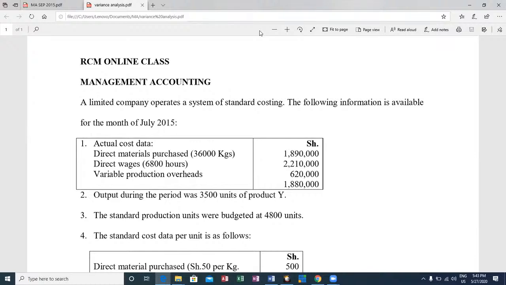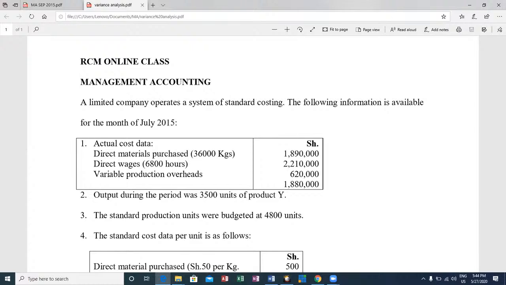Ladies and gentlemen, from there, if you allow me, I will take you to what we call the material usage variance. What do we have as our material usage variance formula? Remember, usage variance is a quantity variance. The quantity we thought we would have used versus the quantity that we actually used. So here we have our usage variance as standard quantity minus actual quantity.